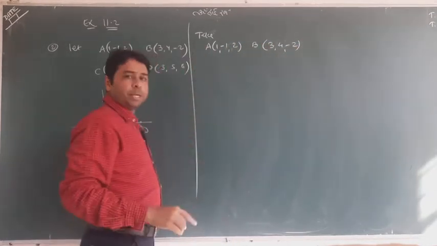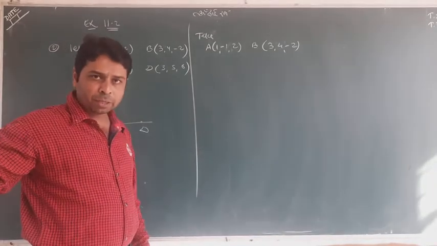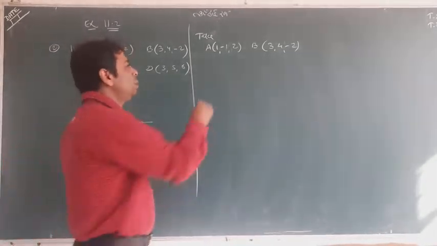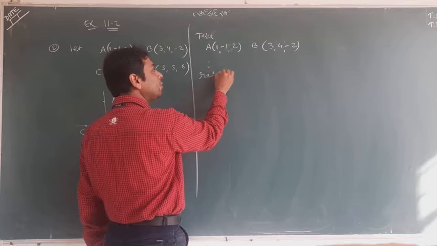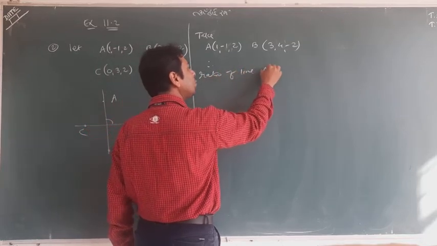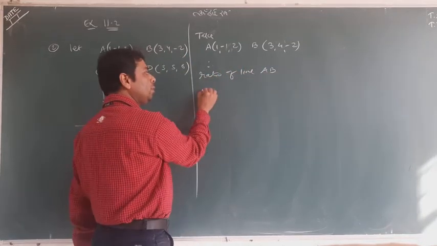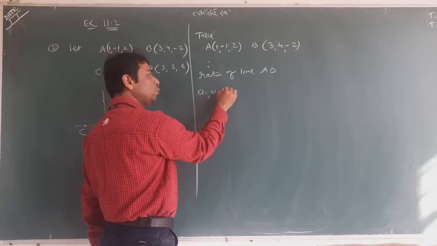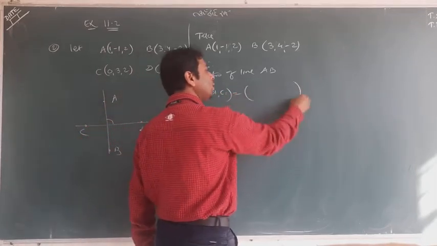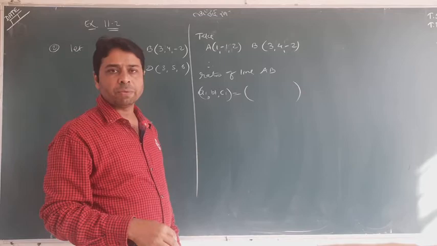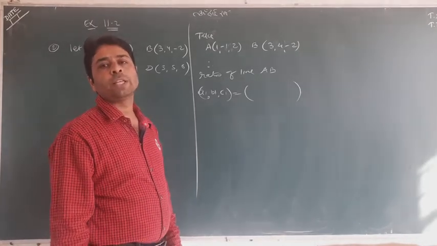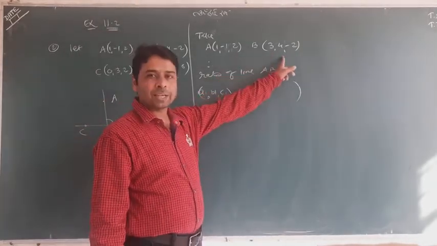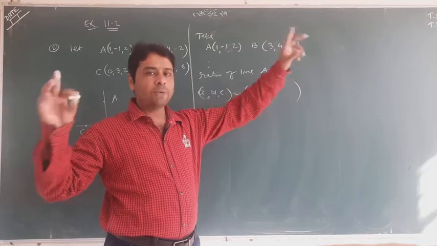Don't find the line AB. The line passes through A and B, but you don't need its equation. You need only the ratio of the line. How can we find the ratio of the line? It is called A1, B1, C1. You know that two lines are there, so the first line's ratio will be called A1, B1, C1. And you know how to find the ratio: when 2 points are there and you join them, how can we find the ratio?